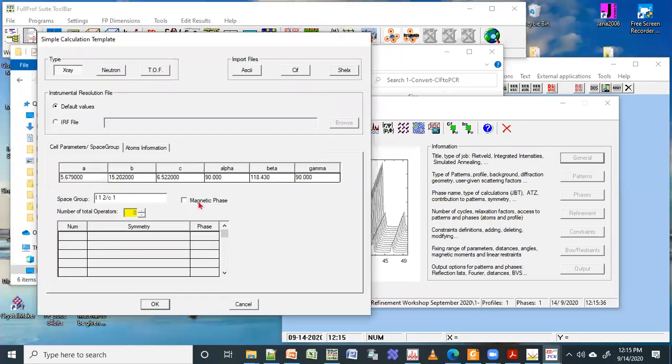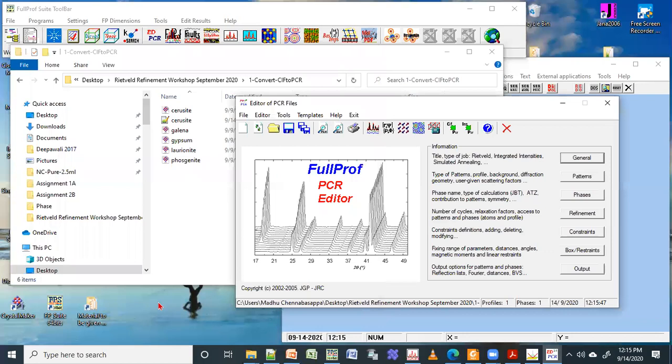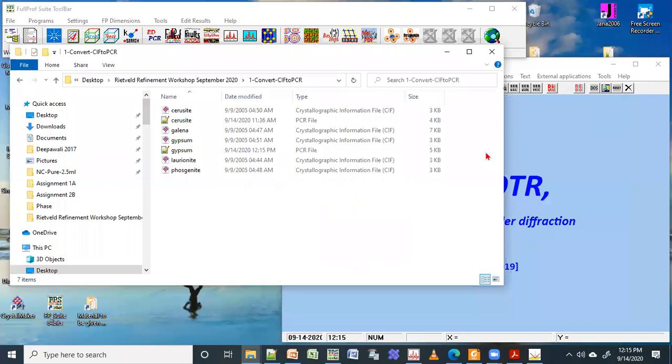For me, it was X-ray radiation, so I will say okay. And then if I just click this save button, it will already create a PCR here. This is very straightforward. You can see it is already opened here. So this is how we did it.